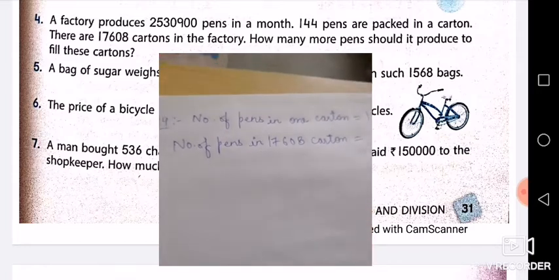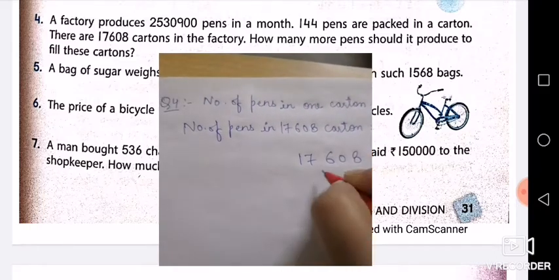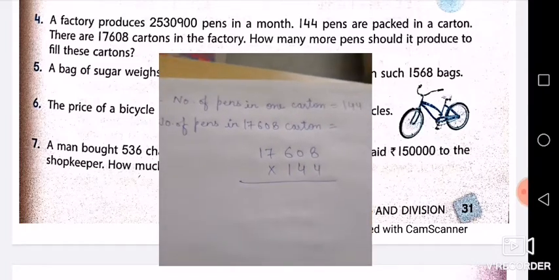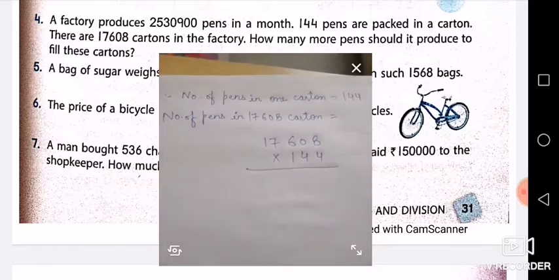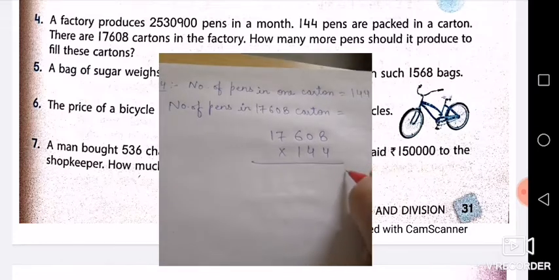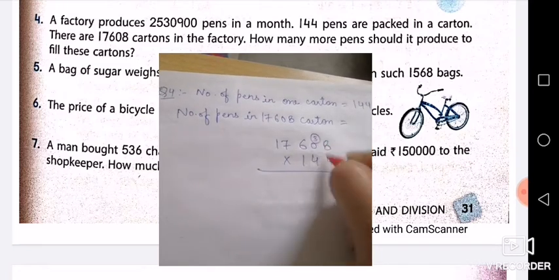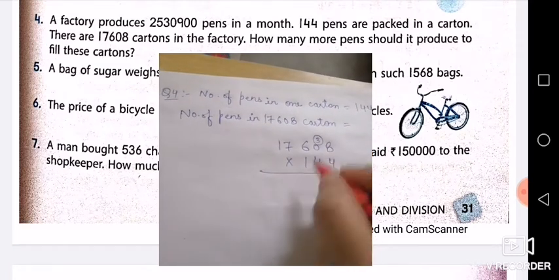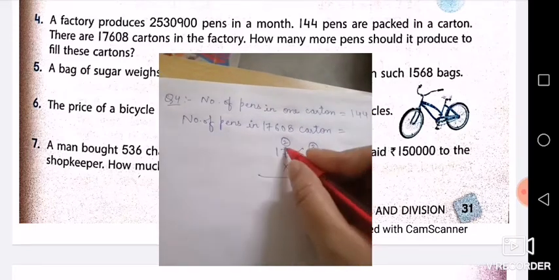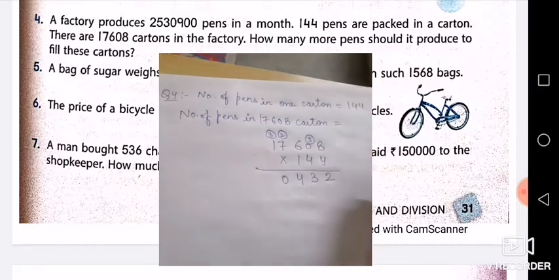So you won't have any problem when you are framing the sentences yourself. Now this is going to be multiplied by 144. Now you are going to tell me the multiplication. 4 8s are 32, 2 we will write here and 3 will be carry. 4 zeros are 0, then 3 remains. 4 6s are 24, then 2 will be carry. 4 7s are 28, 29, 30, 0, 3 will be carry. 4 1s are 4, 5, 6, 7.